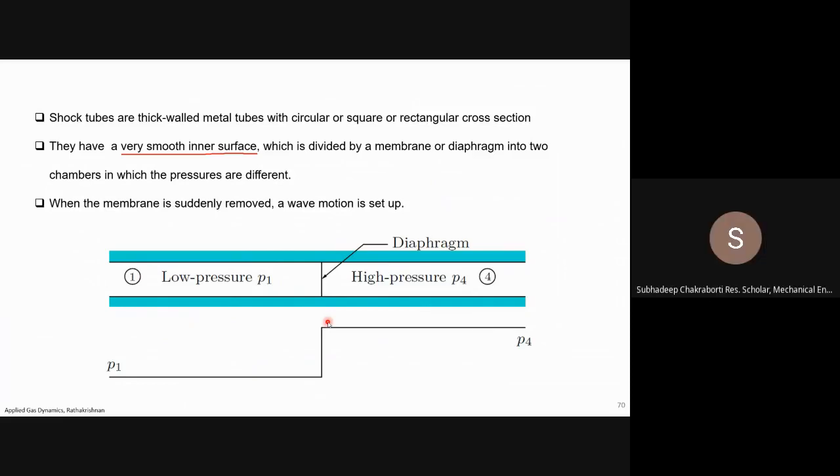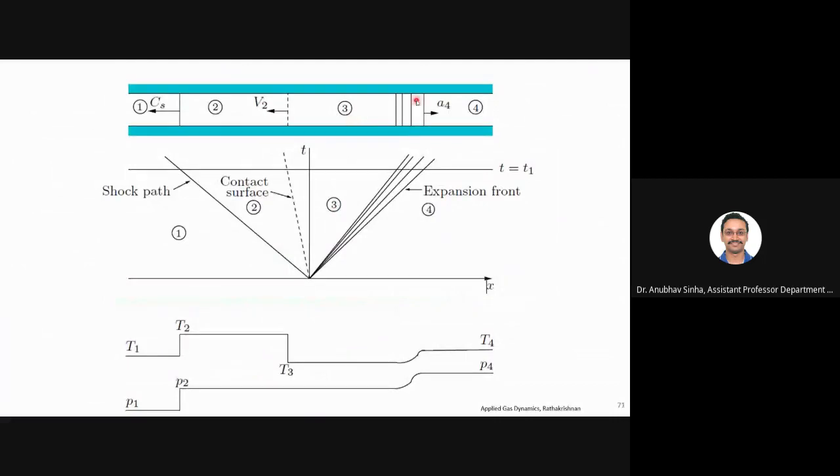Left. Fluid moves from high pressure to low pressure. So fluid will start moving from right to left, and what will move to the right? Expansion wave. Right? You have created a sort of void here because fluid is starting to move to the left side. So in this region, a void is created because fluid is moving away. That creates the expansion wave, and that is what is moving. It is like there is no piston here, but you can imagine that one piston was sitting here and I am moving that piston to the left. Because of that, an expansion fan will be created which will move to the right.